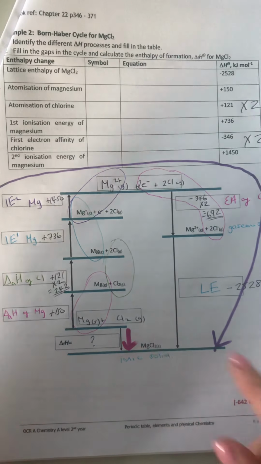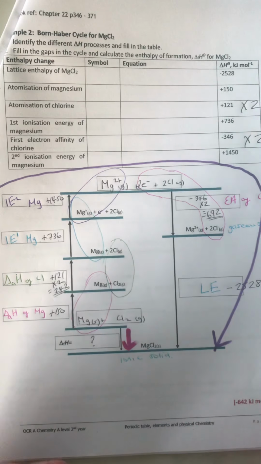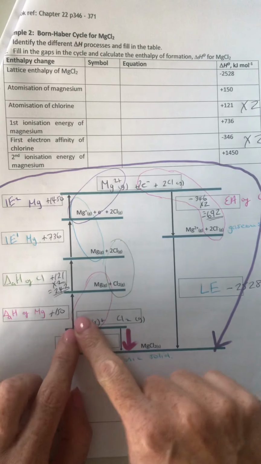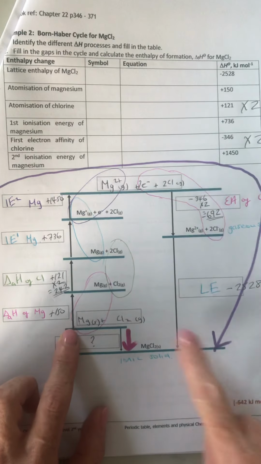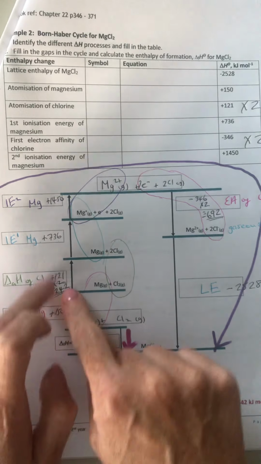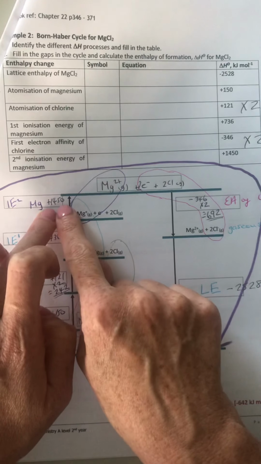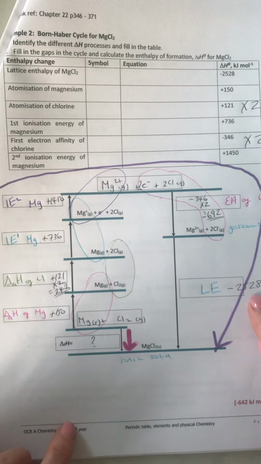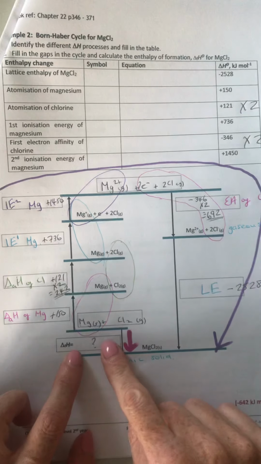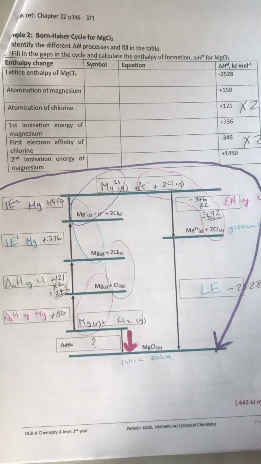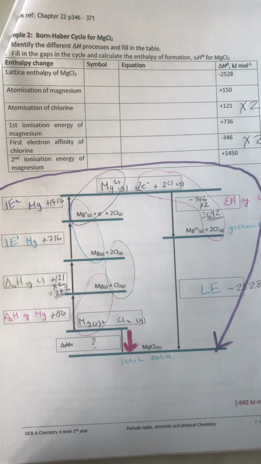So you can see the route. You look for the place where the two arrows come out of. So an arrow down here and one up here. So clockwise versus anti-clockwise. So you do plus 150, plus 242, plus 736, plus 1450, minus 692, minus 2528, and all of that will add up to your delta H formation. So that's your first of your tricky Born-Haber cycles. Not that tricky really, but